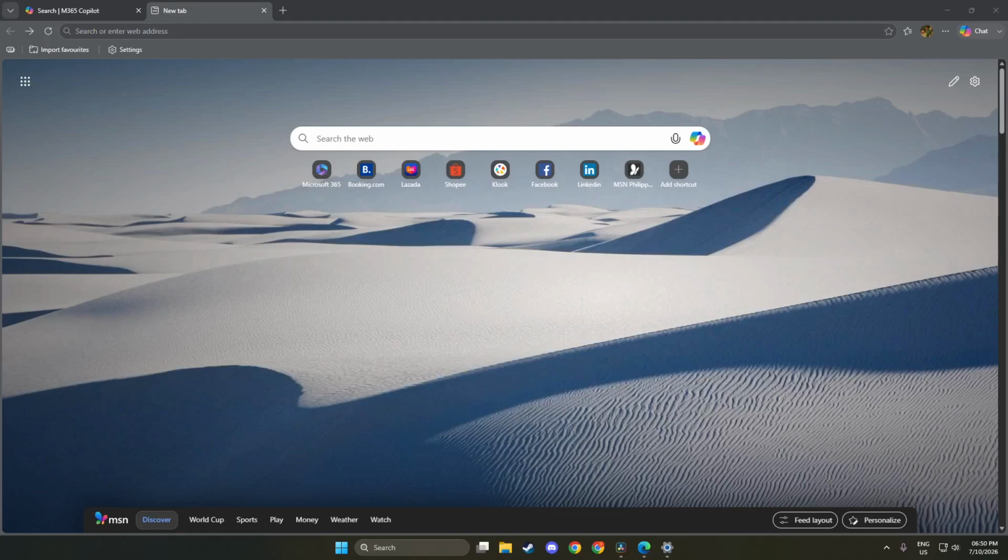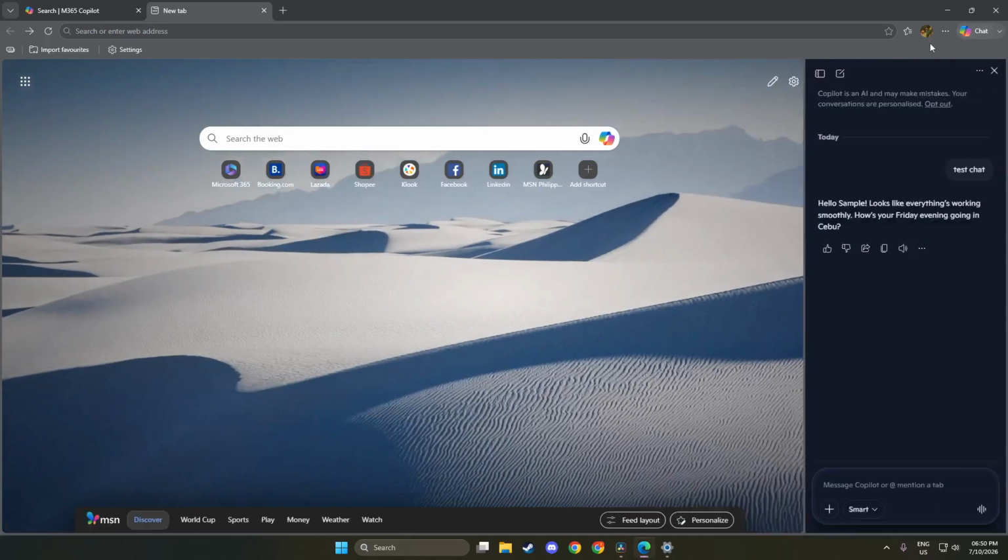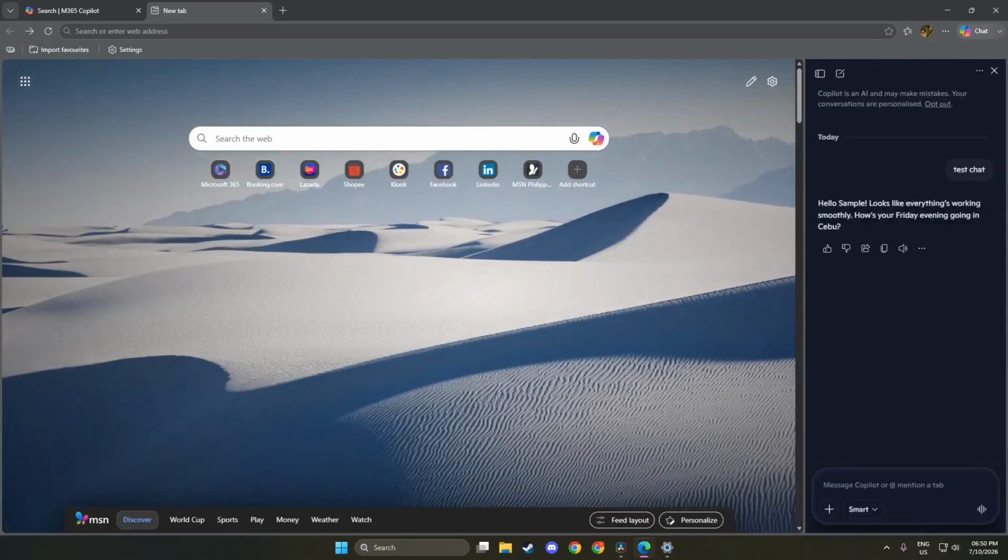Next, click the Copilot icon if it is available, or you can open Copilot directly. The Copilot icon looks like a small assistant or helper symbol, usually located on the upper right corner of the browser window. This feature is designed to enhance your browsing experience by providing assistance with various tasks.